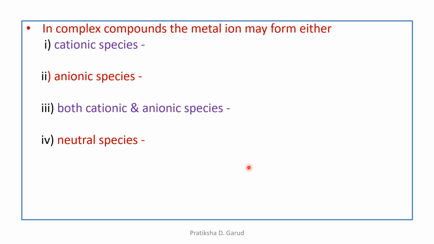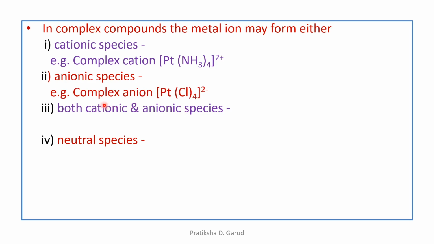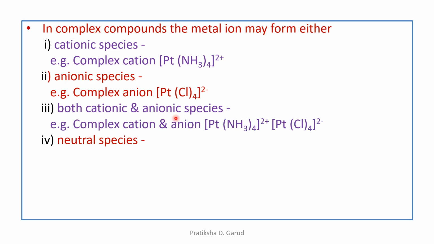For the cationic species, we have the example of the complex cation [Pt(NH3)4]2+, which is having the plus 2 charge. As it is having a plus charge, therefore it is a cationic species. For the anionic species, the example is a complex anion, which is [PtCl4]2-. It is having the minus charge, therefore it is the anionic species. Then the example of both cationic and anionic species is the complex cation and anion, which is [Pt(NH3)4]2+ [PtCl4]2-. Now here it is having both plus and minus charge,